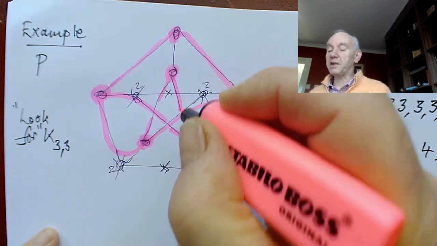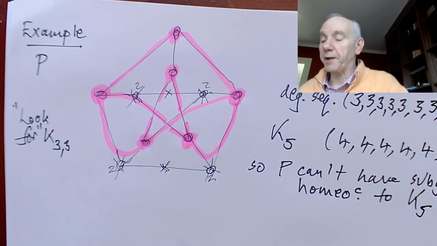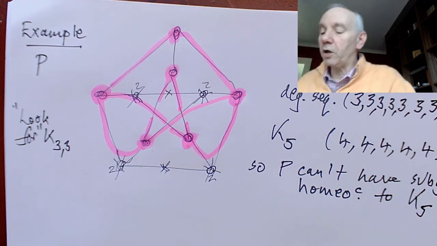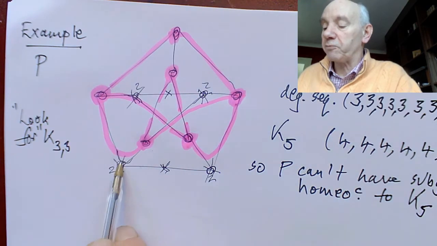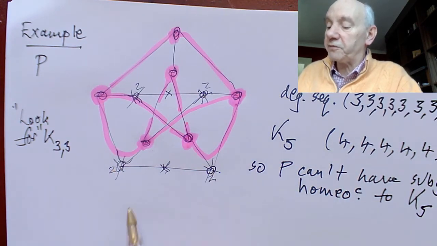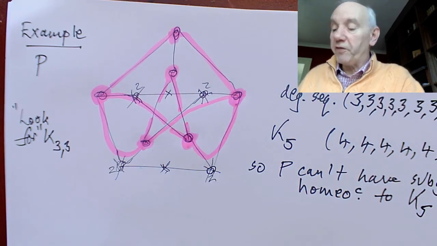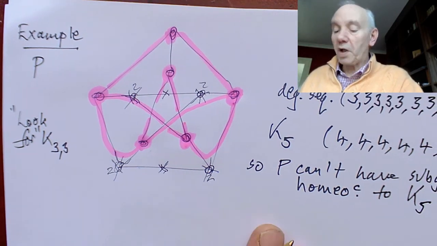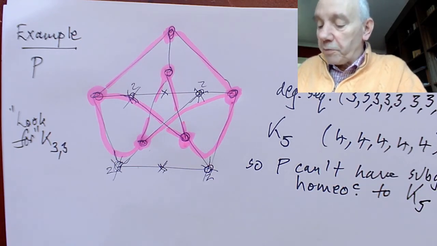Okay, that's my subgraph. And it's no longer a subgraph because I've removed vertices of degree 2. It was a subgraph, then I removed these 4 vertices of degree 2, and that makes it homeomorphic to a subgraph. So what we've done here is that we've effectively removed from the Petersen graph,